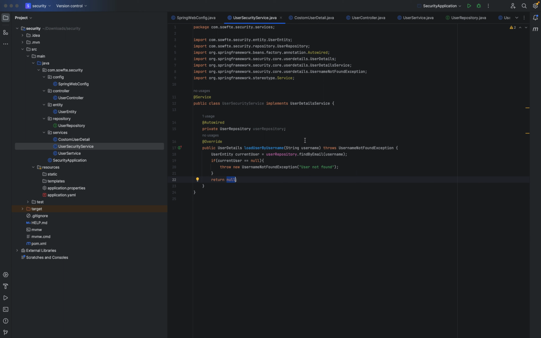And there we need to pass in our user, check if the user exists from our database. If the user does not exist, this method also